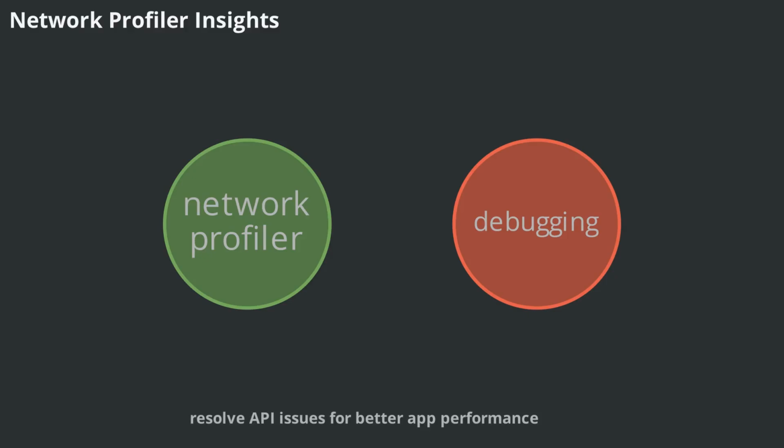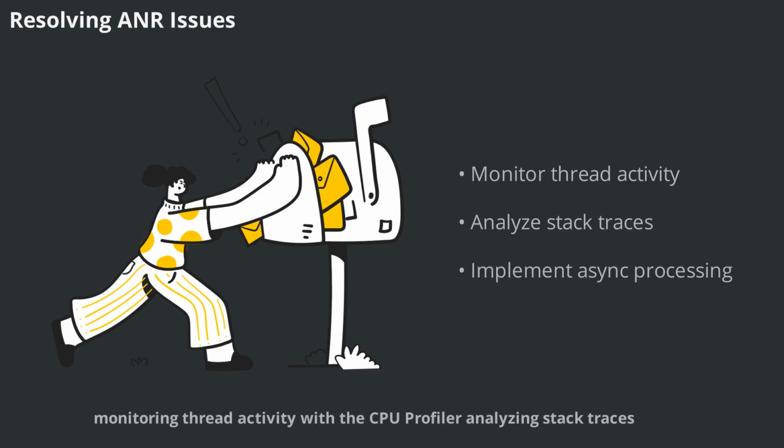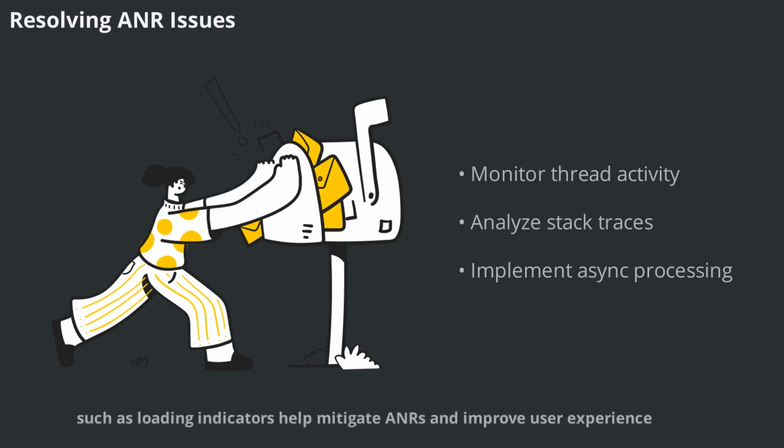for better app performance. Identify and resolve ANR issues by monitoring thread activity with the CPU Profiler, analyzing stack traces, and implementing asynchronous processing. Profiling heavy operations and providing responsive UI feedback, such as loading indicators, help mitigate ANRs and